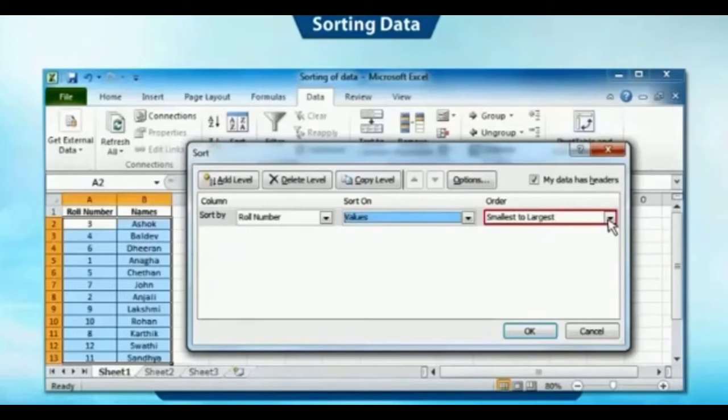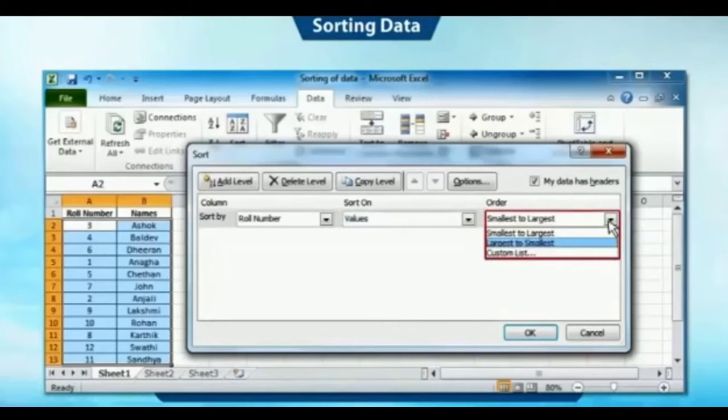Now Order is the condition on which we will sort our data. In the Order drop-down list, the smallest to largest option is selected by default. You can sort the data in descending order by selecting the largest to smallest option in the Order drop-down list. For this example, we select the smallest to largest option.